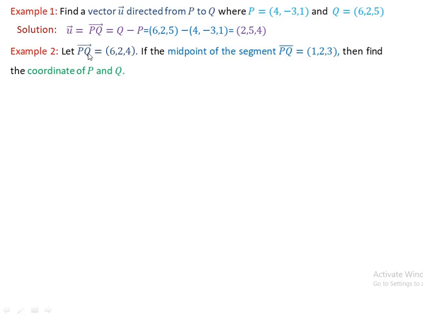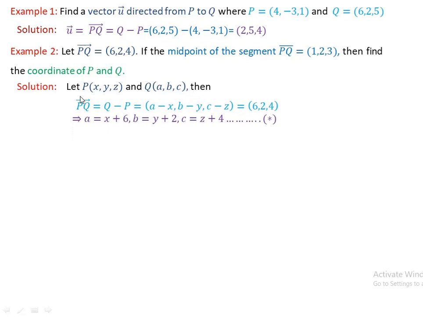Example number 2. Let the directed vectors P to Q is equals to 6, 2, 4. If the midpoint of the segment PQ is equals to 1, 2, 3, then find the coordinate of P and Q. Now, እዚህ ጋር ምን አለን? The directed vectors P to Q አለን and the midpoint of segment PQ አለን። እኛ መፈለግ የሚጠበቅብን coordinate P እና Q ነው። So, as a solutions, let me assume that P x y z and Q a b c. P in x y z ብንለው እና Q in a b c ብንለው then the directed vectors P to Q ይሆናል ማለት ነው Q minus P ይሆናል። ይሄ ማለት ደግሞ a minus x, b minus y, c minus z ነው።